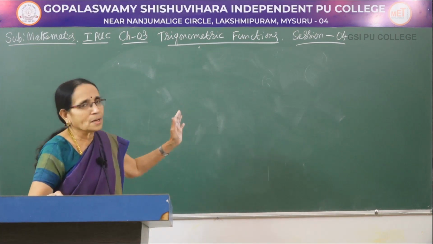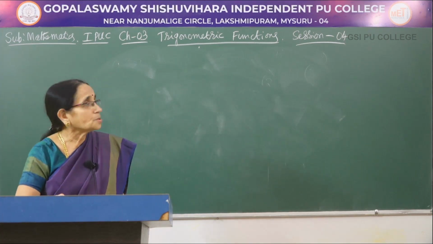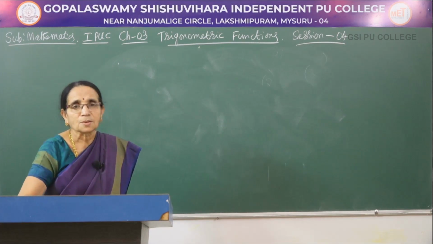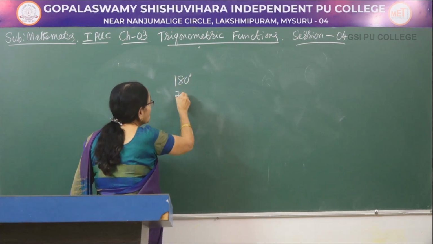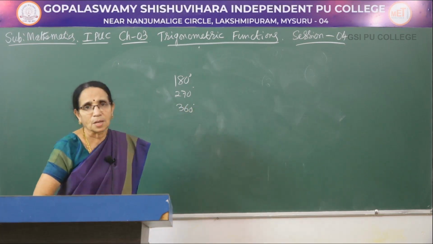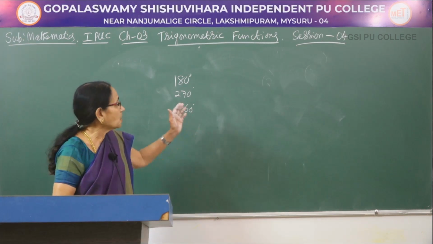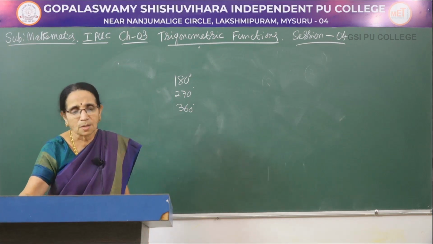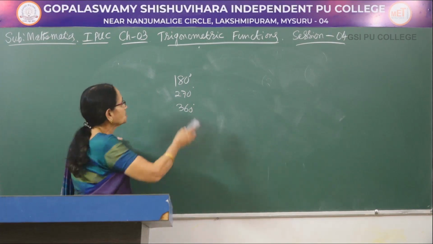Now, I took some angle which was lying either in the first quadrant or second, third, fourth, like that. Suppose 0 to 90, we have already discussed in the set of the standard angles. Suppose the angle is exactly 180 degrees, or 270 degrees, or 360 degrees. That is, what is sin of 180? What is cos of 270? What is tan of 360? So, how to find the value of the trigonometric ratio of these quadrantal angles? For that, we use these two rules. Either you can learn the first rule or the second rule here.